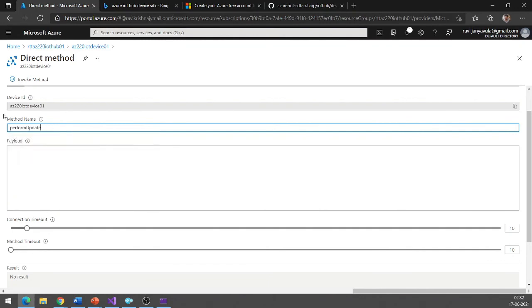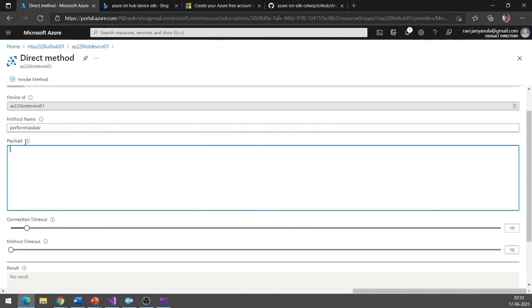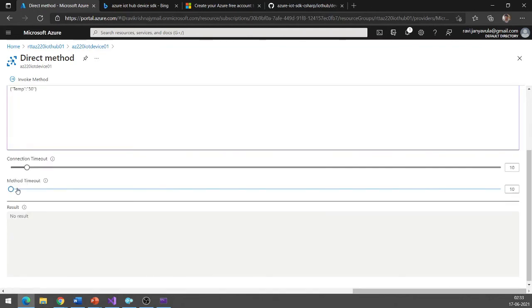Whatever direct methods are there on your device, you can copy and paste the name here to call it. I'm going to say temp is 50. The timeout is, after the method is triggered, how much time it needs to wait for the response to be given back to us.